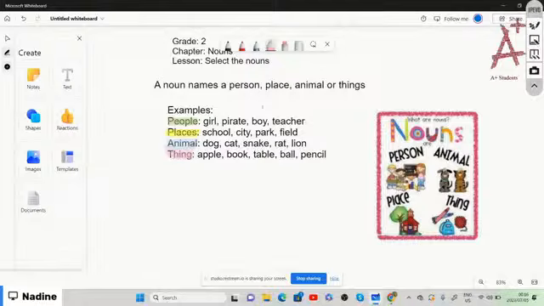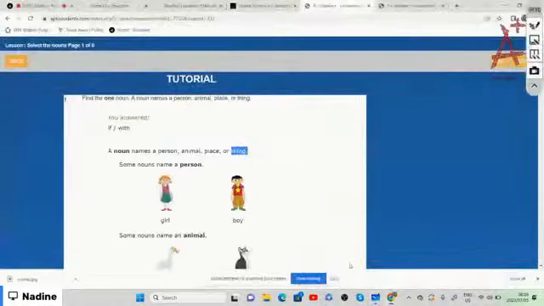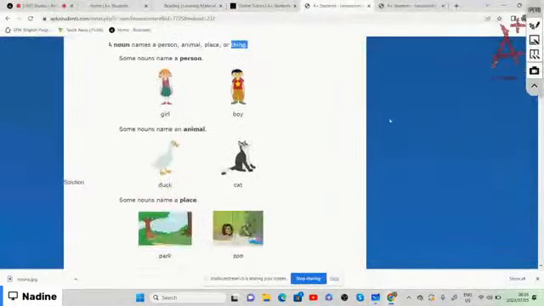So those are but a few examples of people or person, places, animals, or things. So once again, a noun names a person, a place, an animal, or a thing. So those are nouns. So if we go back to the tutorial,